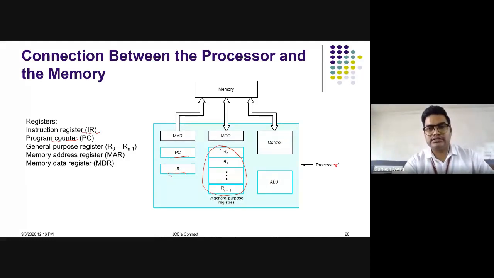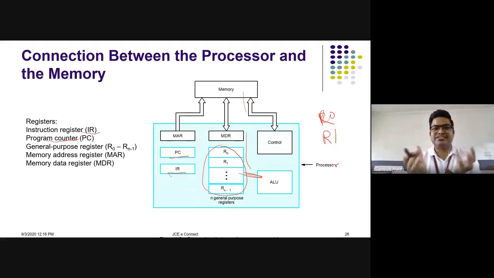Just now what we have talked about in the instructions, like R0 or R1, those are these general purpose registers. And what we said, they are faster because they are closer to our ALU. Yes or no? To travel this much distance, less time is required. Whatever we have in the memory, we need to travel this much. In general, I am saying in the processor, in the chip, it is the same way. These are faster because they are located near. So, general purpose registers.